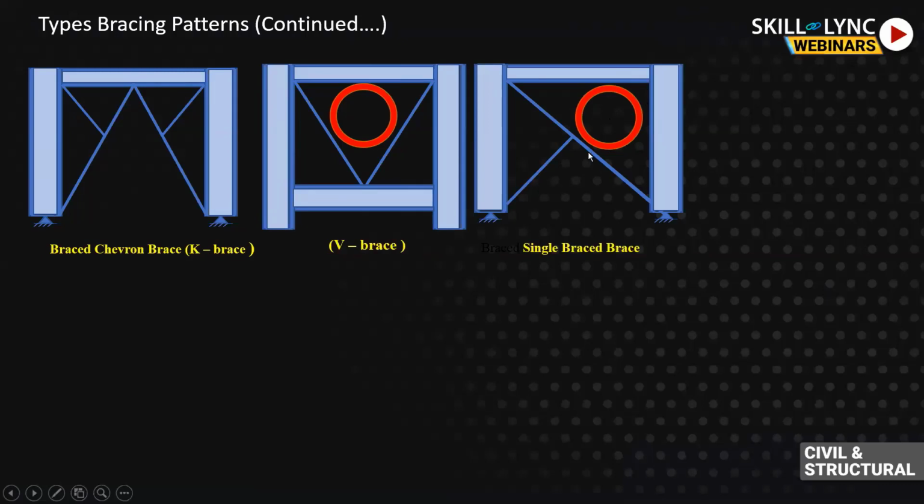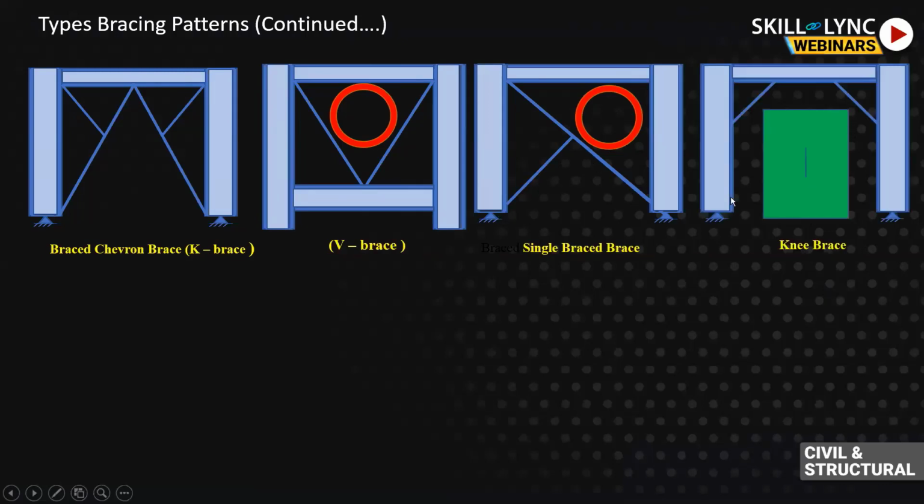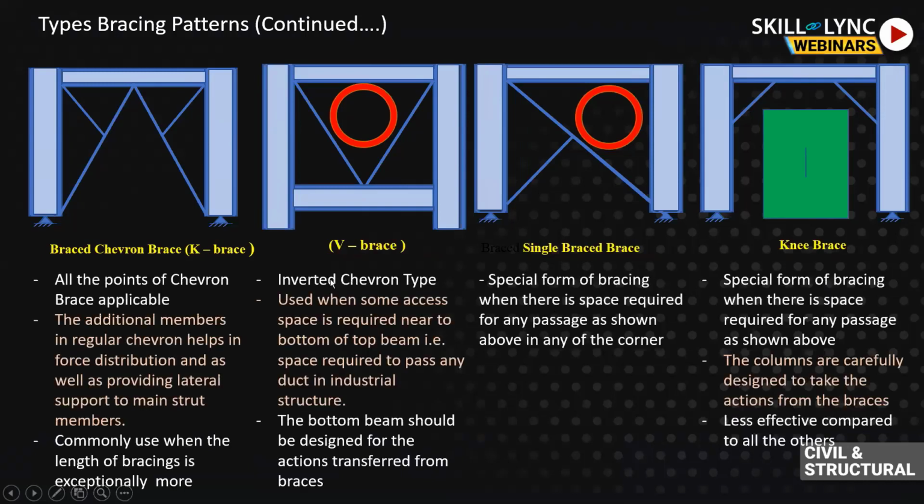For that, you require a special system, a knee brace, as we have discussed. Some vertical clearance is required because something is going to pass through. Then you have to put a knee brace, a half brace system. The advantages or points we have for this: